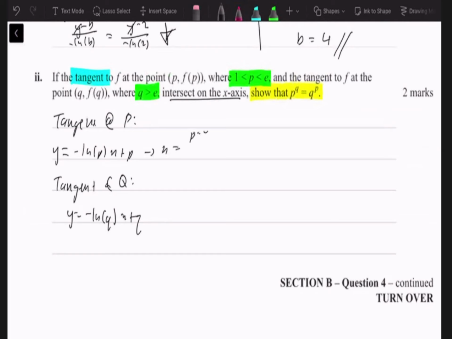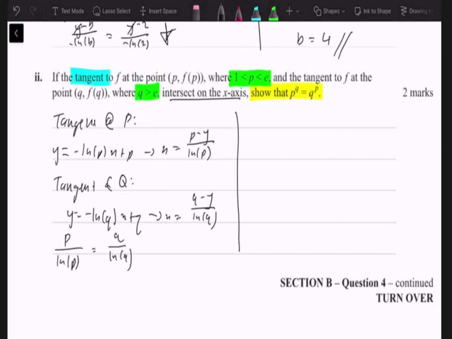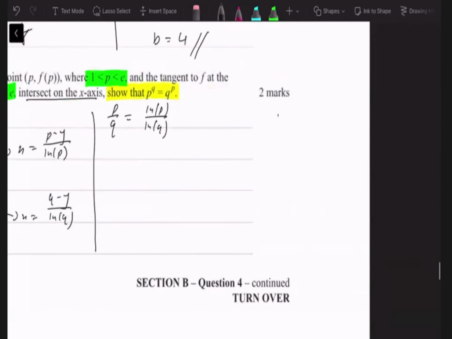So x equals p minus y on ln p, x equals q minus y on ln q, and then let them equal each other. And at the same time, for simplicity's sake, I'll let y equal 0, equals q ln q. And now we are really close to the answer. If we cross multiply and get p on q on one side and ln p and ln q on the other side. So from here, we're going to use that rule that's like